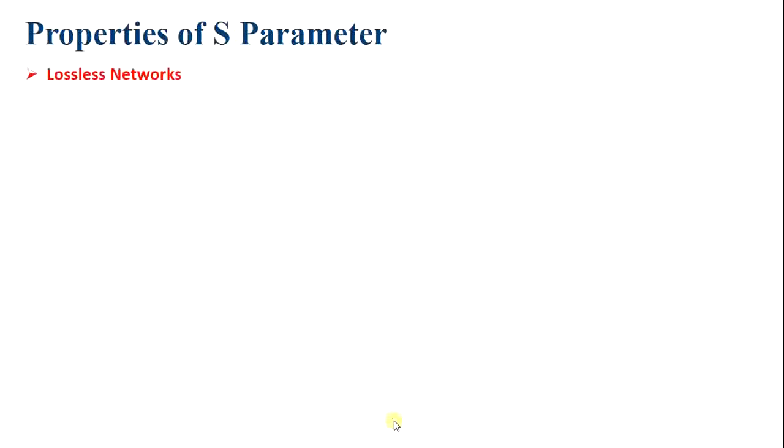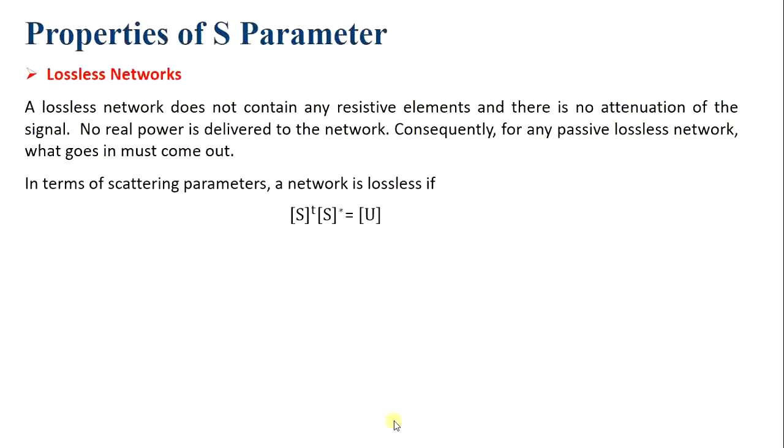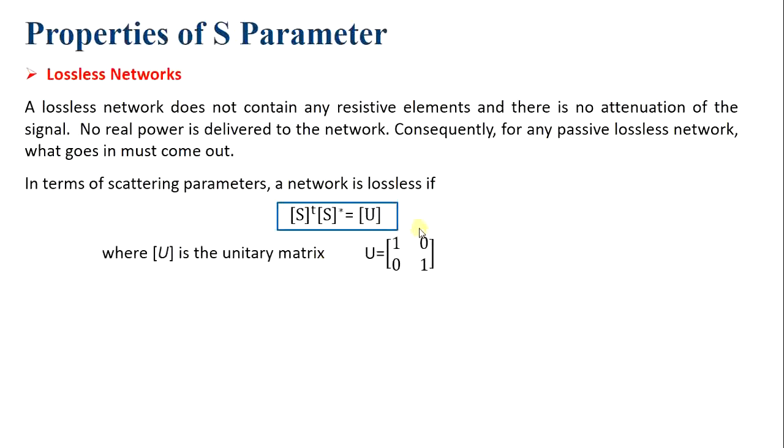The third property is the lossless networks. A lossless network does not contain any resistive element and there is no attenuation of signal. No real power is delivered to the network. Consequently, for any passive lossless network, what goes in must come out. So in terms of scattering parameters, a network is lossless if S transpose into the S conjugate is equal to the unit matrix,